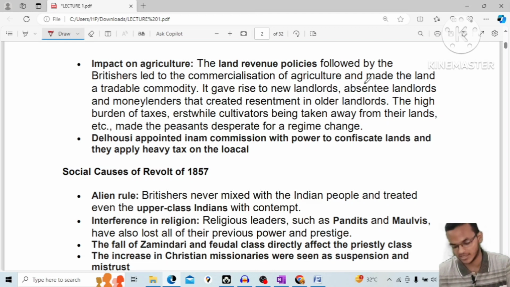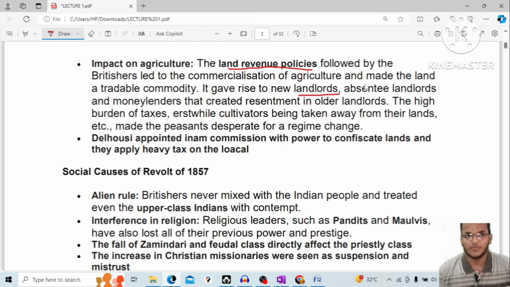वहाँ पे वो उससे ज़्यादा चीज़ों को मशीन मेड करके उसे प्रोड्यूस कर रहे थे ज़्यादा अमाउंट में, और उसे लाकर इंडियन मार्केट में बेच रहे थे, और इस तरह से हमारी मार्केट डाउन हो रहा था पूरी तरह। तो लैंड रेवेन्यू पॉलिसी इसका एक मेजर रीजन ये था, फॉलोड बाय द ब्रिटिशर्स।